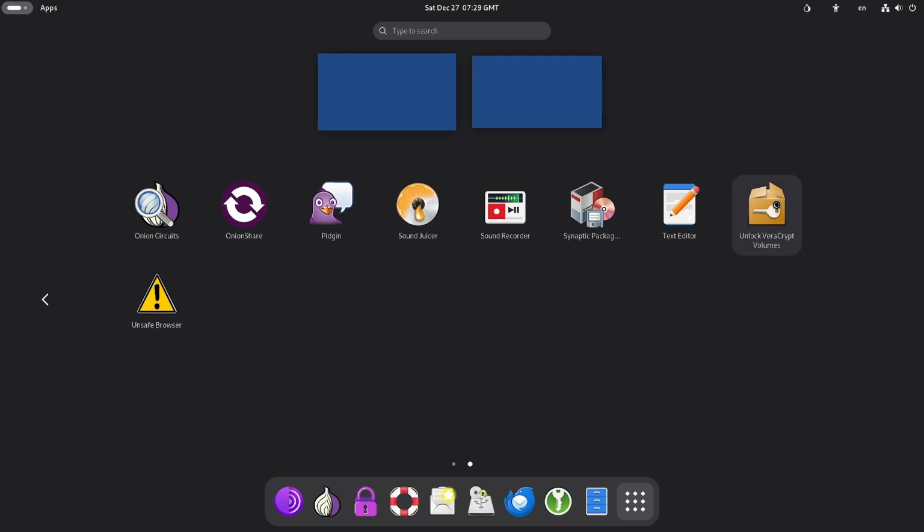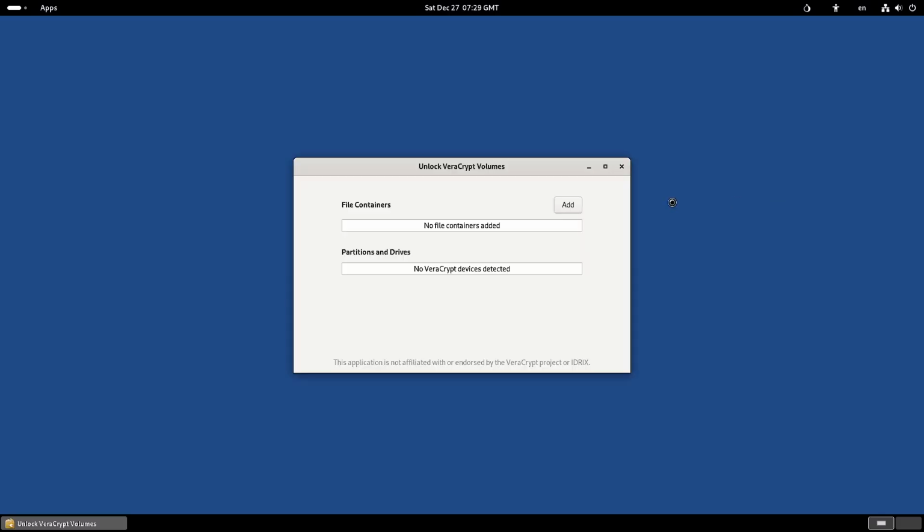And what is this unlock VeraCrypt volumes? Okay, so no file containers are added and no VeraCrypt devices were detected. So you can add file containers. So file containers will be nothing but a container where your files will be put inside. For example, in Android devices, you have got the safe folder. In the safe folder, all your critical or sensitive files you can keep, and nobody can access those files without a passphrase. So that same thing is implemented here in the Tails OS,